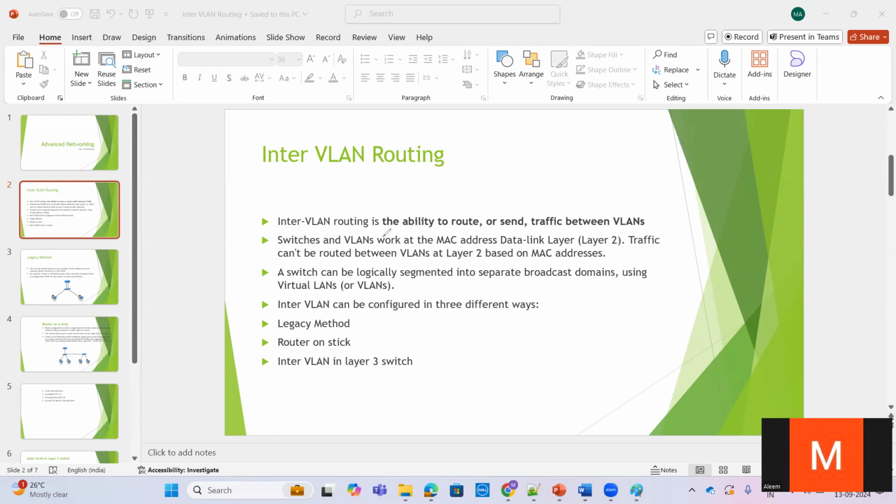So inter VLAN routing is the ability to route or send traffic between VLANs. Between VLANs means between different VLANs. We have to make it possible for different VLANs to communicate with each other. Switches and VLANs work at the MAC address level. As we know, switches maintain only the MAC table, the media access control table, and it is the data link layer. It means it's layer 2, and traffic can't be routed between VLANs at layer 2 based on MAC